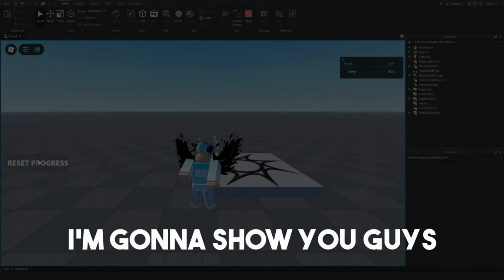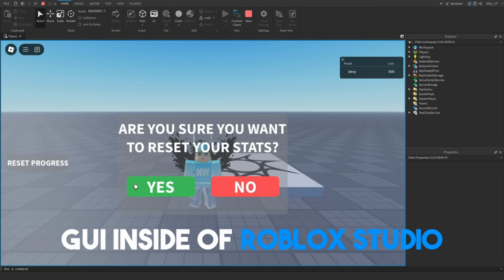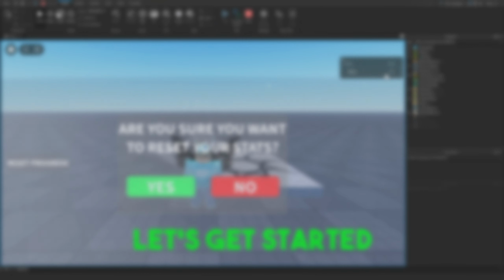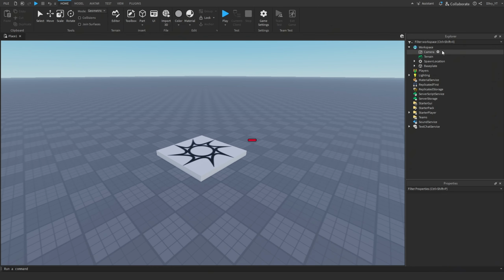Hey guys, in this video, I'm gonna show you guys how to make a reset progress GUI inside of Roblox Studios. Let's get started. Alright guys, so the first thing we're gonna do is go over to our Explorer tab